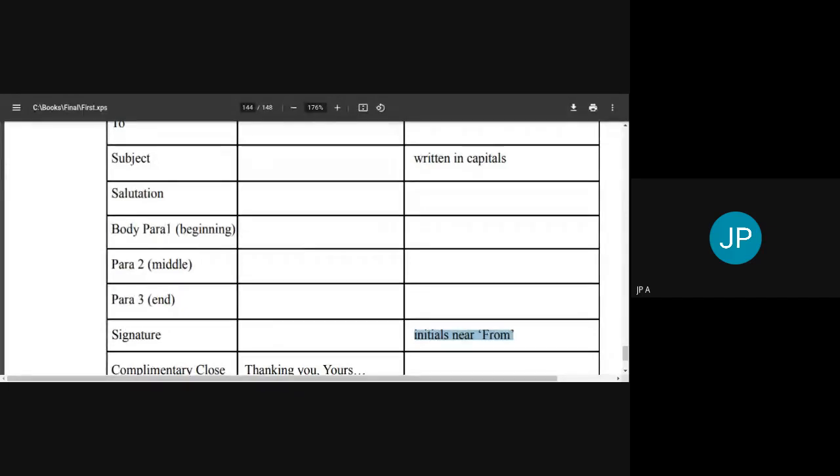Okay, so the person who is writing the memo will write his or her name and then put his or her initials in brackets. So this is how we actually identify a person as the sender of the memo. Because there is no signing below the memo, the only way of identifying is by the initials that are put near the